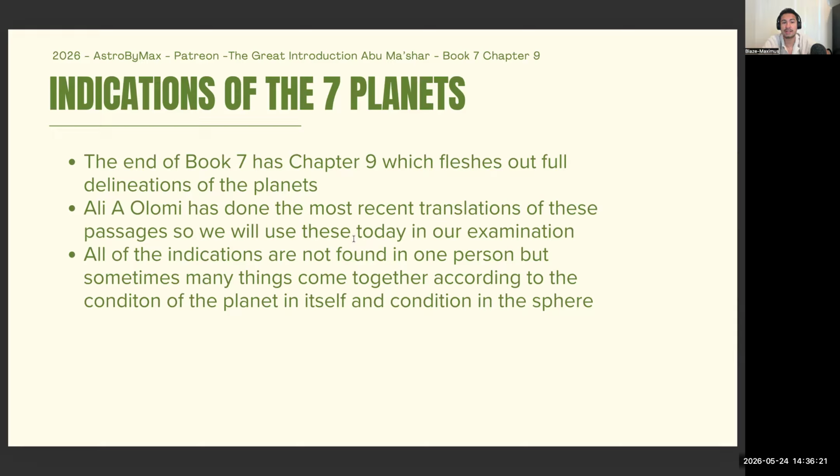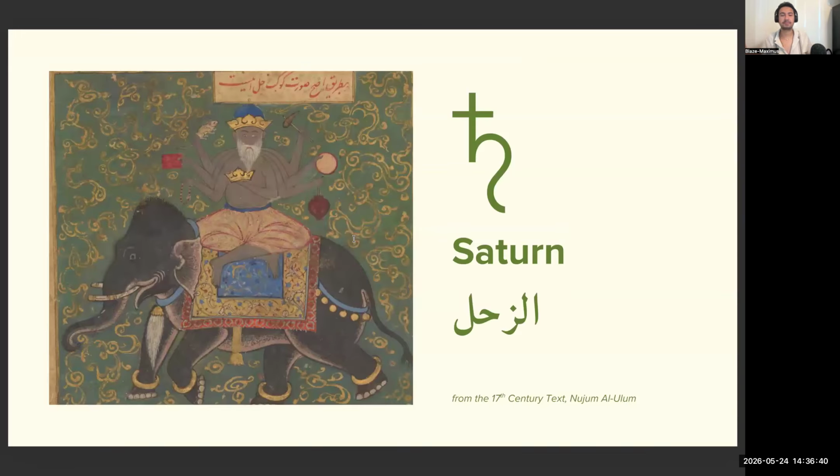And Abu Mashar tells us that all of the indications are not found in one person or thing, but sometimes many things come together according to the condition of the planet in itself and its condition in the sphere. So let's start with Saturn. Al-Zuhal. You can see that there's this depiction of Saturn riding on top of an elephant here from Nujum al-Ulum,